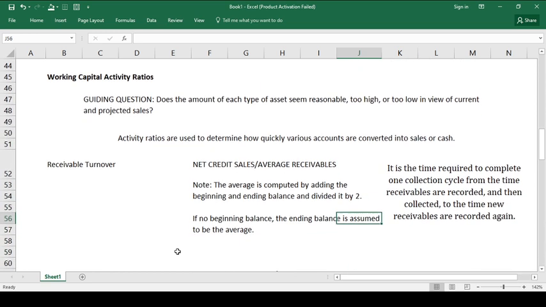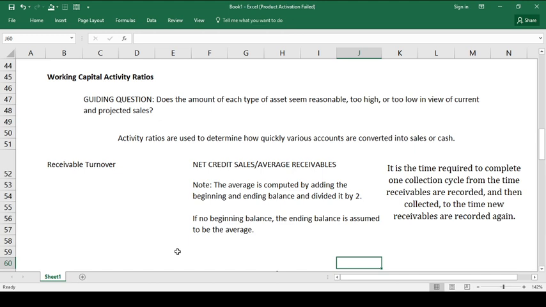We have certain ratios that we need to understand. Number one, we have the receivable turnover. This is computed by dividing the net credit sales. Once we say net credit sales, net credit sales is the sales minus sales returns and allowances less sales discounts over the average receivable. Sinabi ko na po kanina, once we compute for the average, it is computed by adding the